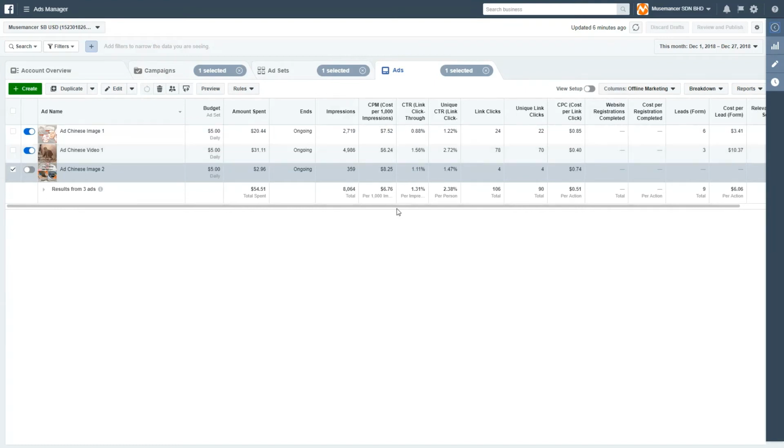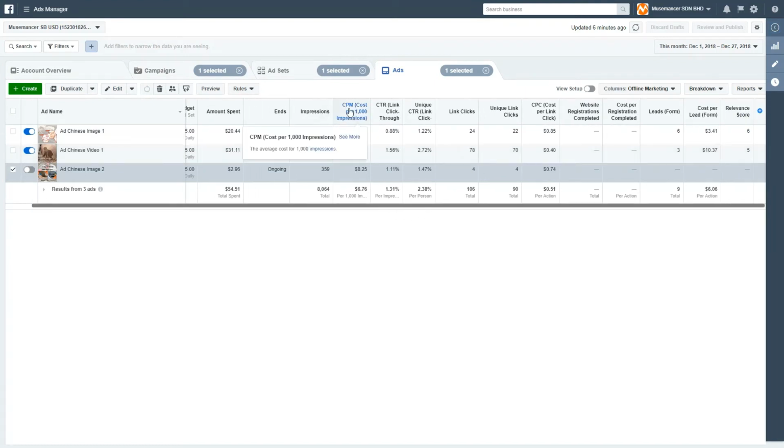Another one you want to take a look at, I like to look at cost per 1,000 impressions. Ideally I like to keep it $10 or below. Sometimes in some markets it can get a little bit higher than that, but that's okay. I try to keep this below $10 per CPM, or cost per 1,000 impressions. So you can see here all of these are doing pretty good. They're all below